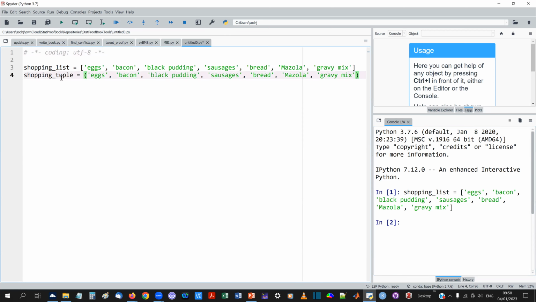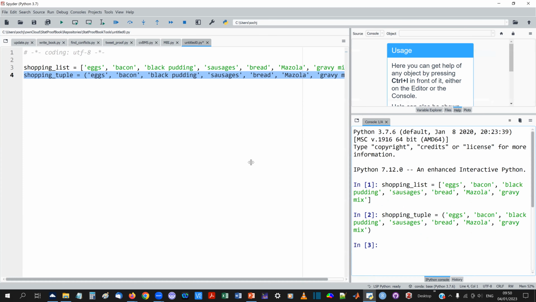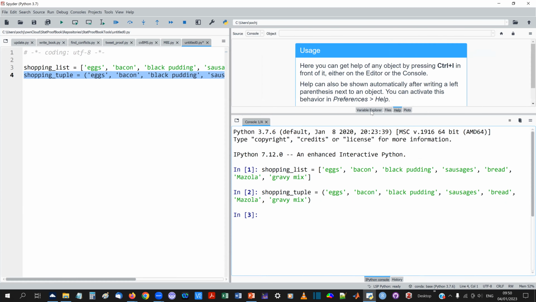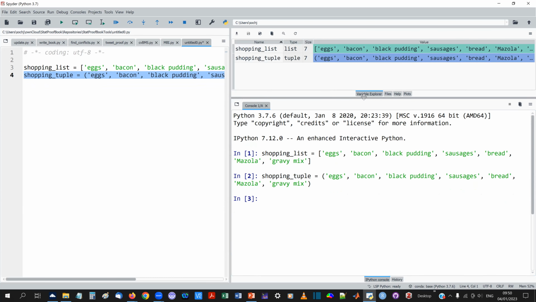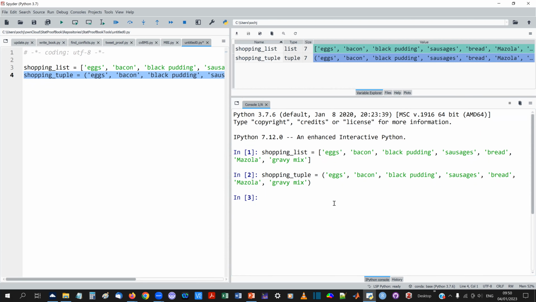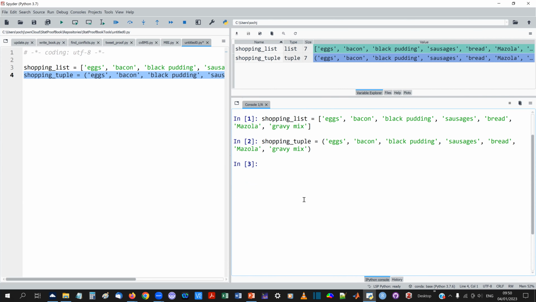And we're going to work with this shopping tuple, which has essentially the same entries. So please make sure that these variables are available to you so that we can work with them during the